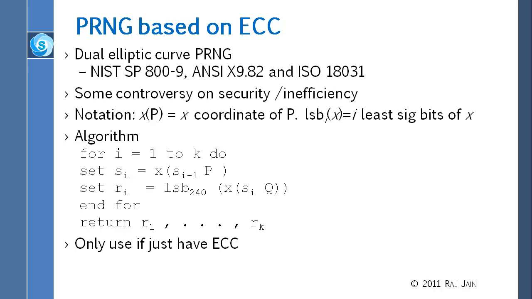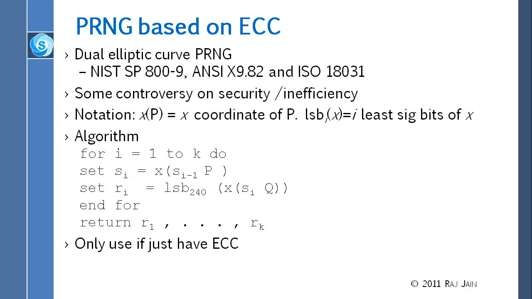Now you can do the same thing on ECC. Now for ECC you have to do similar things, except that instead of multiplication and exponentiation, you do addition and repeated addition. So there is a standard, by the way, X9.82. So that standard specifies both RSA and ECC, 18031 as well as all of these. Anyway, all of these specify this ECC-based stuff,